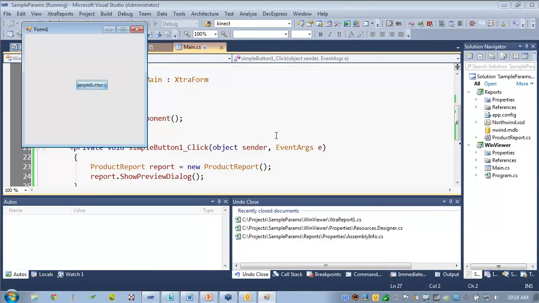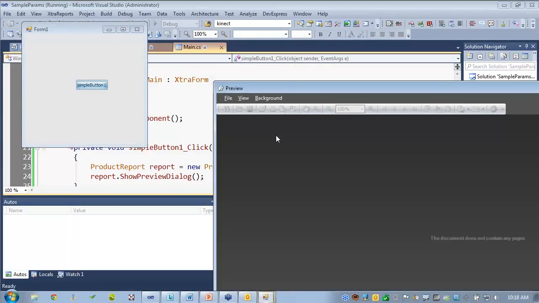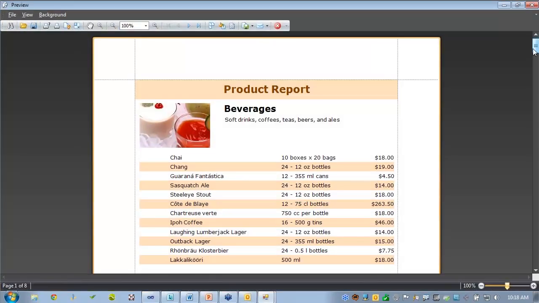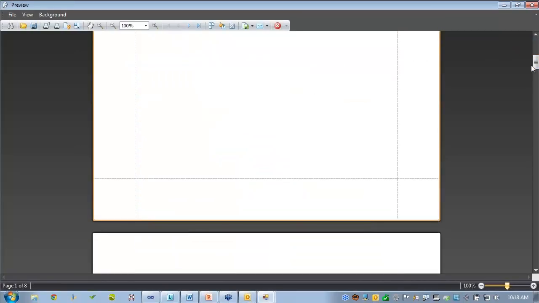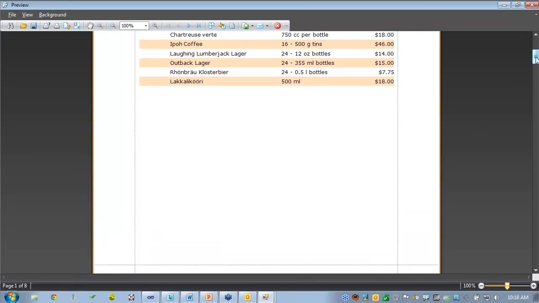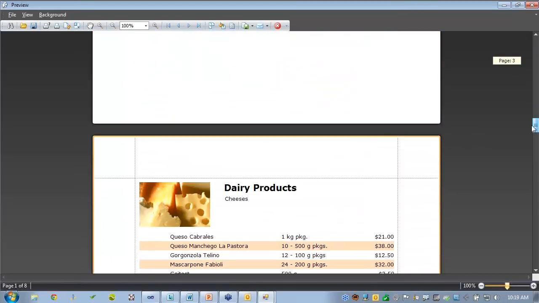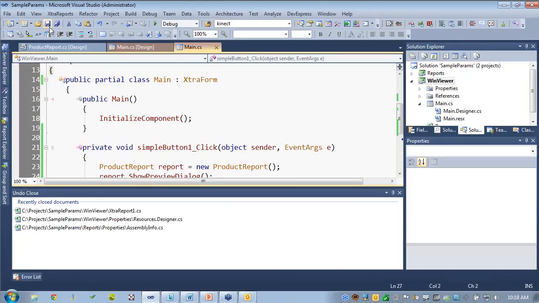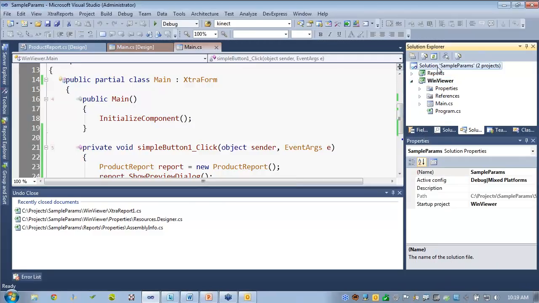All right, when I hit the button, the report is all happy and lovely and ready to go. All right, so any questions so far? This was supposed to be the real fast part. It took a little bit more time, but I think we've got a good feel for the report and what's going on. Okay, now it's time to talk about what we're here to talk about, and that's the actual parameter. Well, actually,